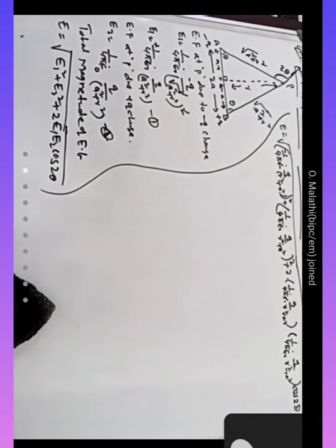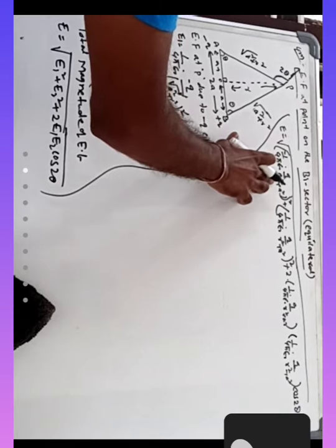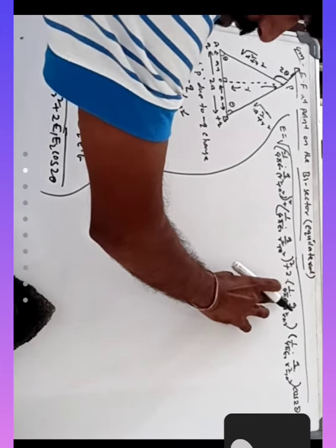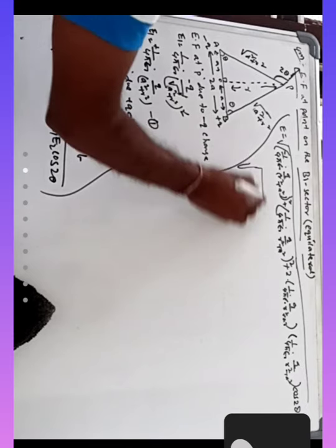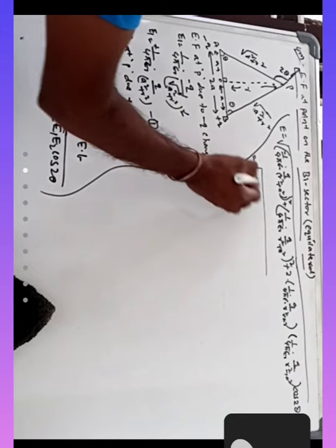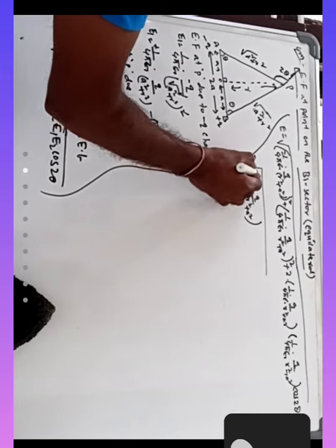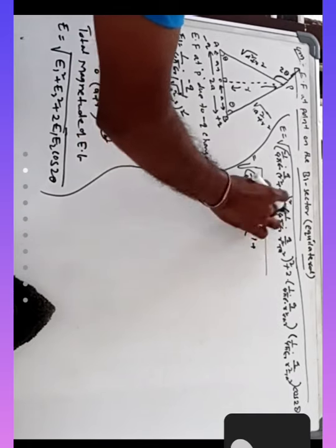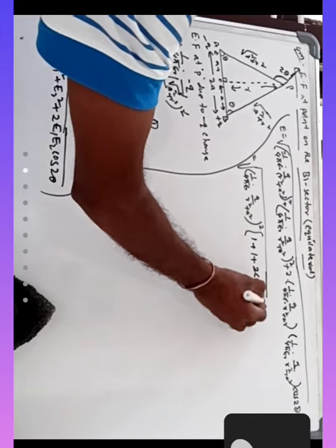Now after that, here it is 1 by 4 pi epsilon naught Q by (R square plus A square) whole square, the same in this one, and A into A square only, so the common factor is there. So now E is equal to 1 by 4 pi epsilon into Q by (R square plus A square) whole square common. Now after that, if you remove this one, here is also 1 plus, and here in this 2 cos 2 theta.